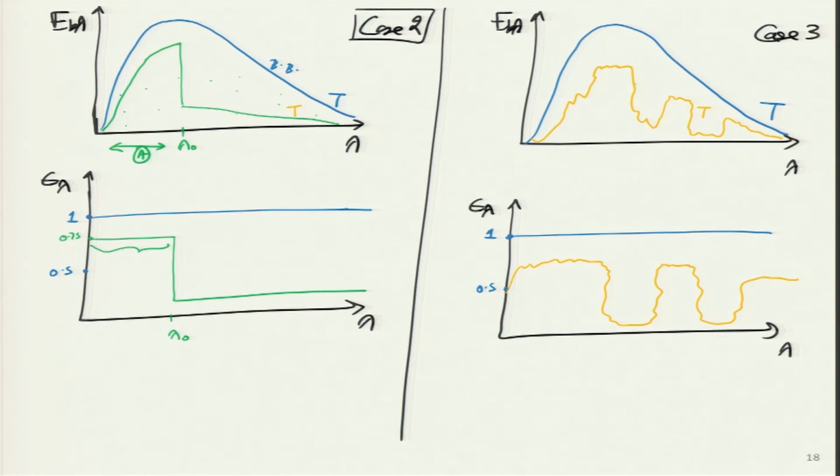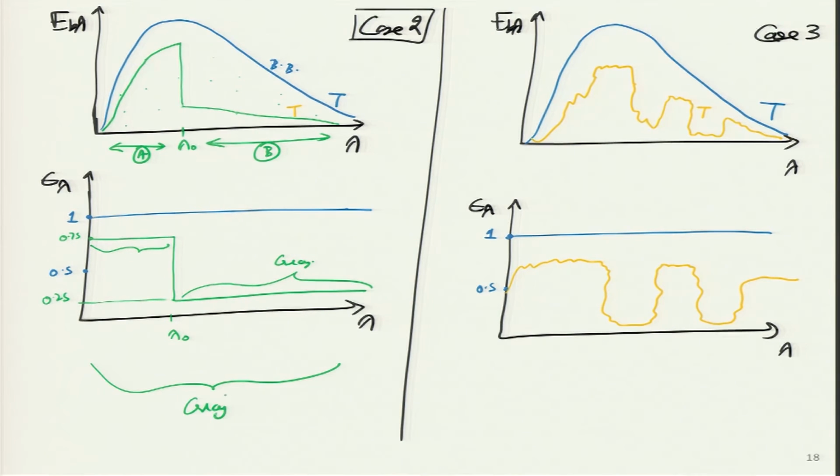Then what happens suddenly in the region B over here, in this zone B? Over here again it behaves like a grey body only in this specific zone, where the way I have drawn it, emissivity is about 0.25, a quarter of that of the black body. When we look at it overall, it is clearly not a grey body.